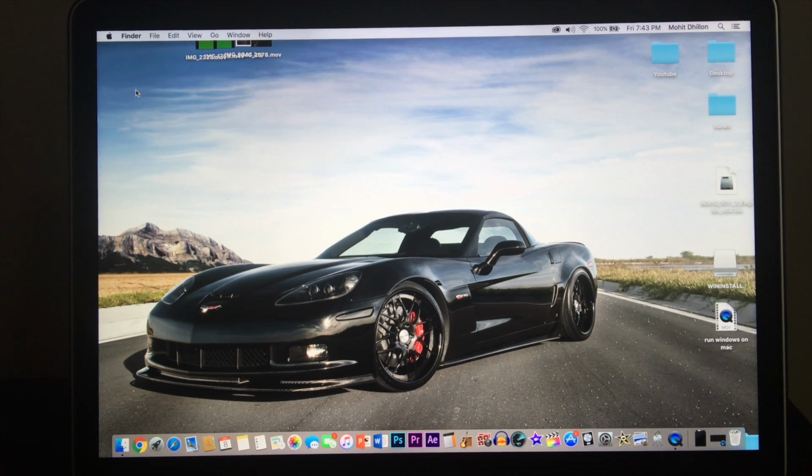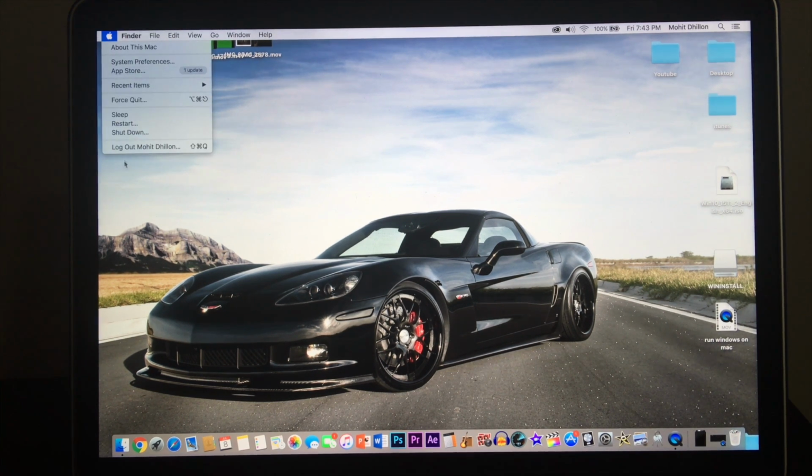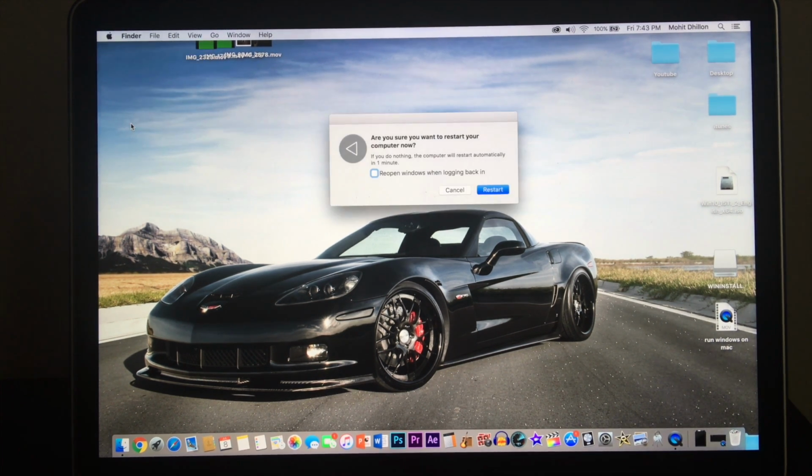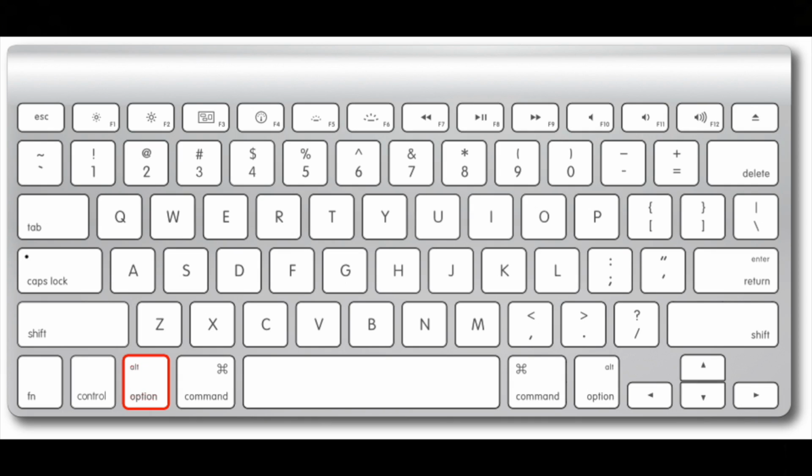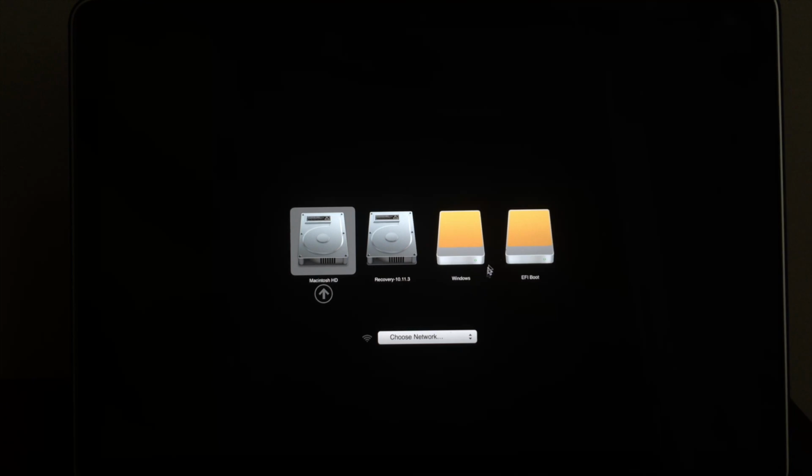Alright guys, so once the process is done, our computer should restart automatically, but for whatever reason it does not restart, we're just going to click restart and restart our computers. Once our computer is on, we're going to turn on the power button, and at the same time hold the option key, and we'll see this prompt right over here. From here we'll select this disk right over here,